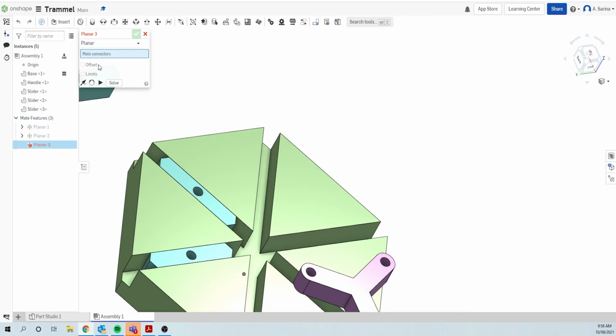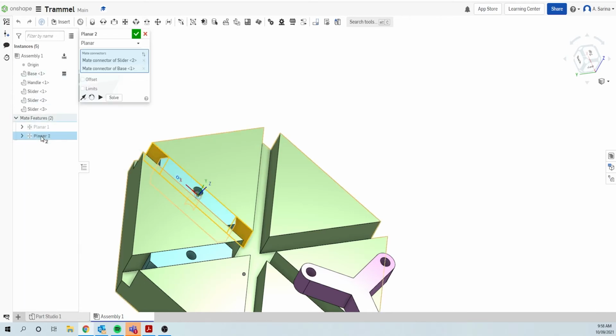No, I don't want to do that because I forgot to change the limits. So what I'm going to do is just close this mate, double click the mate that I just created, planar mate 2, tick limits, and we're going to do the same again. So we want our slider to be moving in the X axis, which is the red one labeled X. I don't want it to be moving